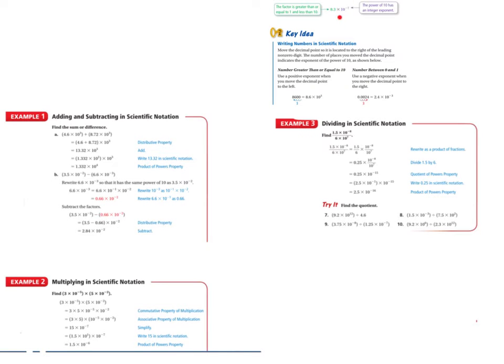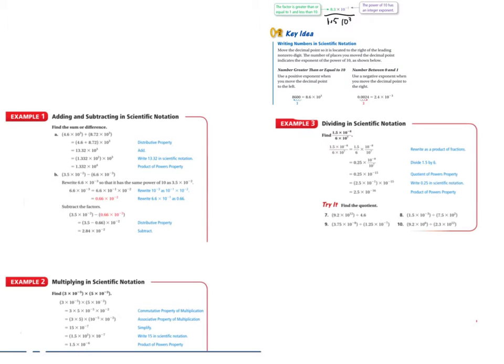Because when we use these bases of 10, if we have another base of 10, right? So if I'm dividing and I have 1.5 here, and then another base of 10, and let's just say it's 3, then I can basically use the rule